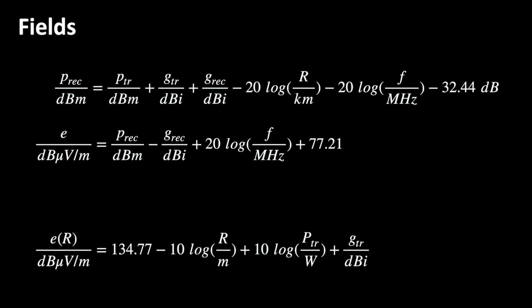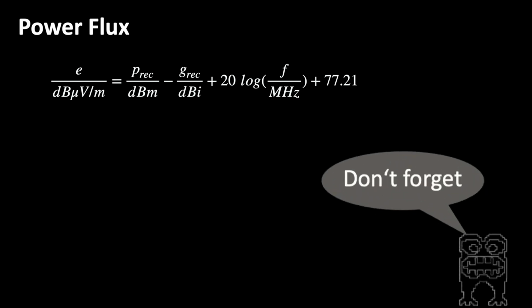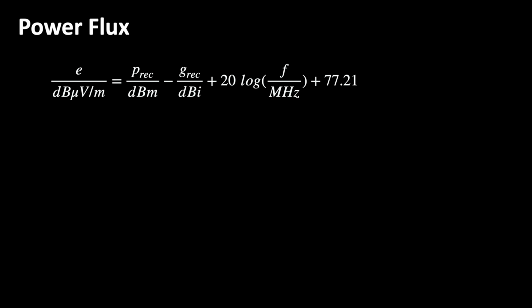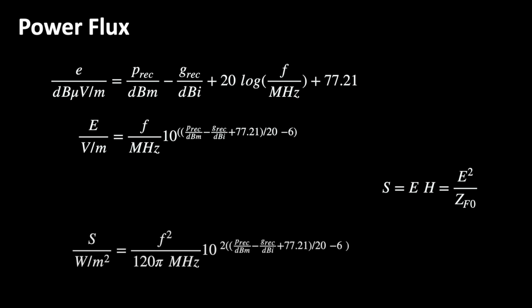There are many reasons why you want to convert into other units of measurement. For example, to assess RF exposure, we need the electric field strength in volt per meter and the power flux density in watts per square meter. In case you are interested, I can recommend the video about RF limits on Electronics Unmasked. First, we are de-logarithmizing the equation to get the field strength E in volts per meter. Then we remember the relation between the power flux density, the fields and the impedance of free space to calculate the power flux density S.